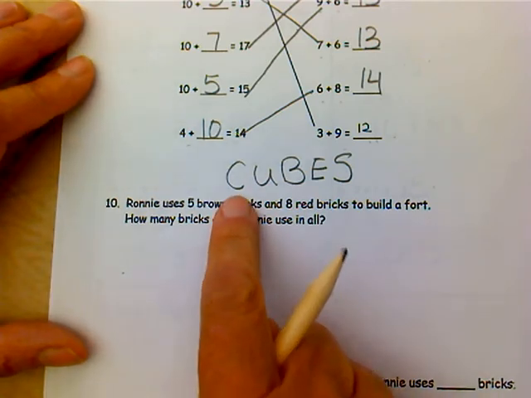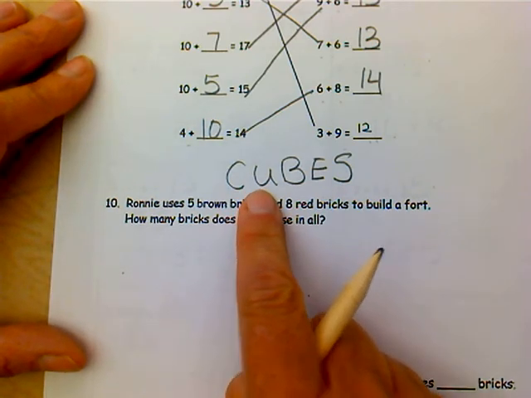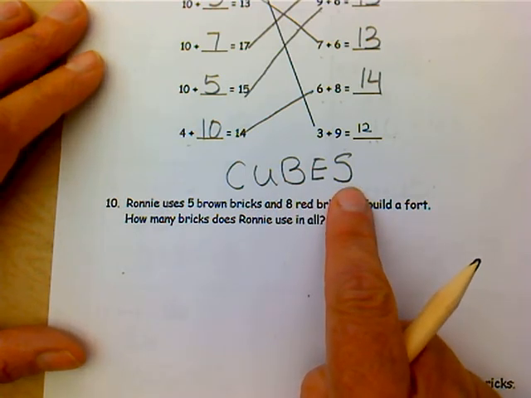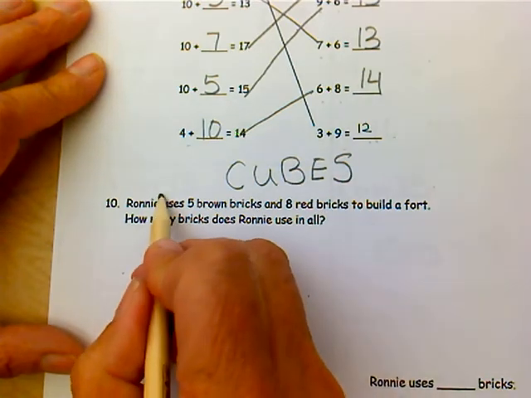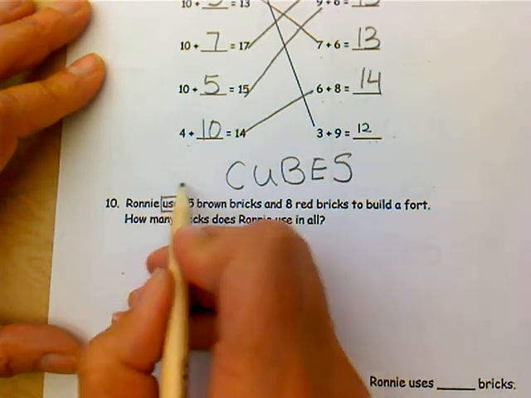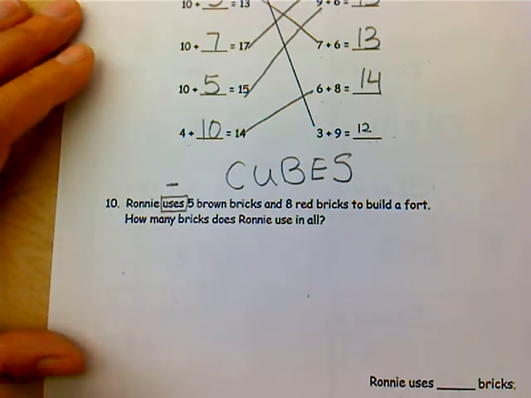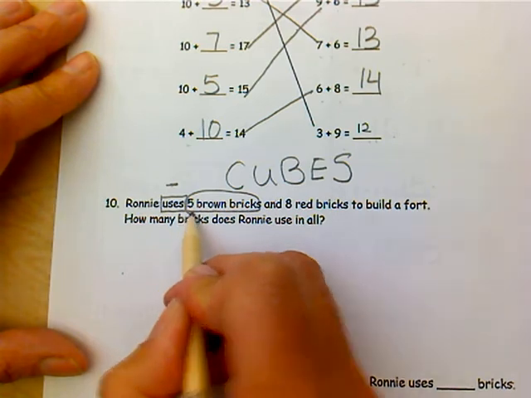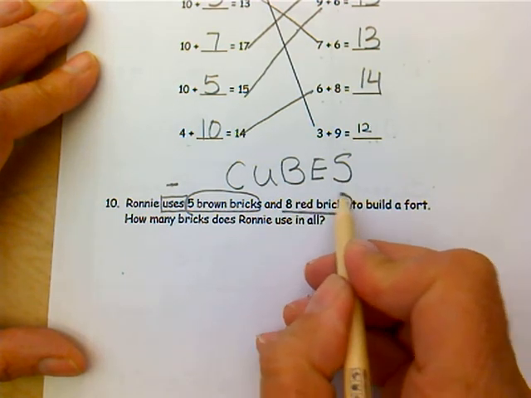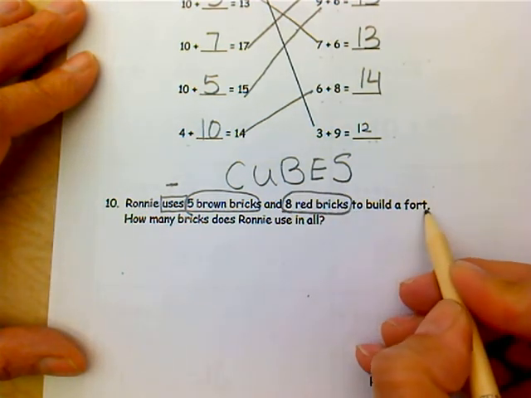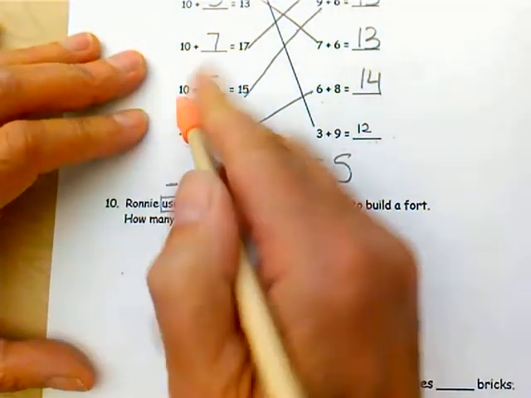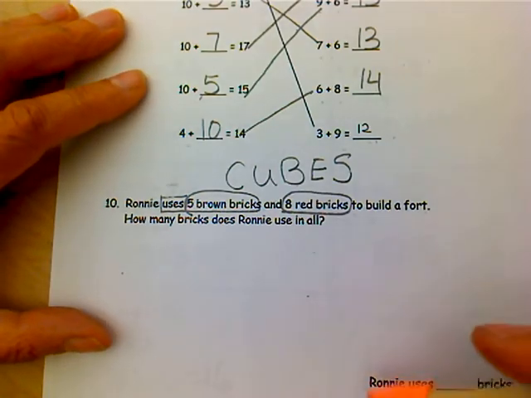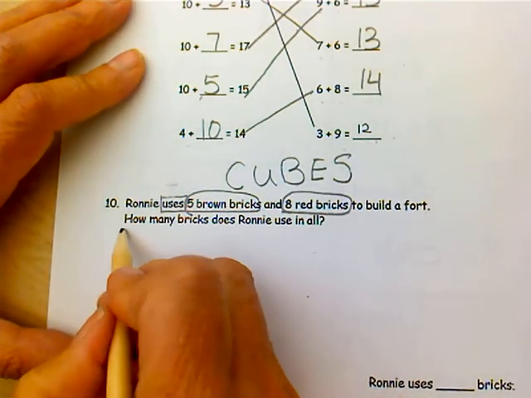And remember that circle the numbers, underline the question, box the keywords, eliminate extra information, set up and solve. Ronnie uses, boy, that's an important keyword, which usually means some are going away. Ronnie uses 5 brown blocks and 8 red blocks to build a fort. I don't think this is going to be subtraction. I'm seeing that that's not a keyword that means some are going away, because I'm looking at the question,